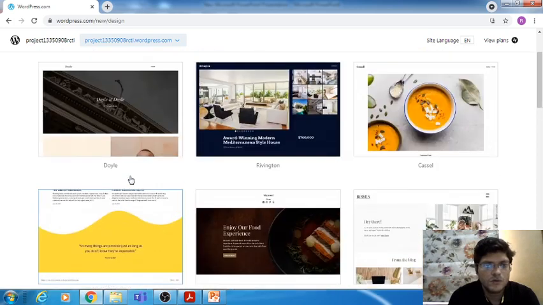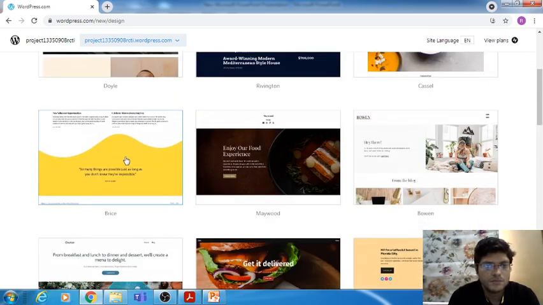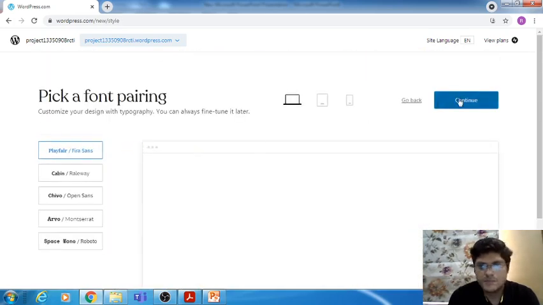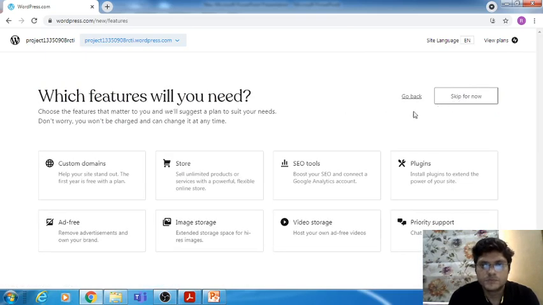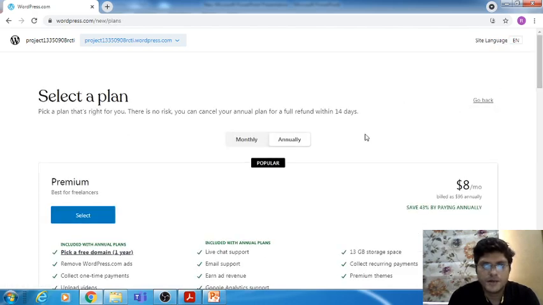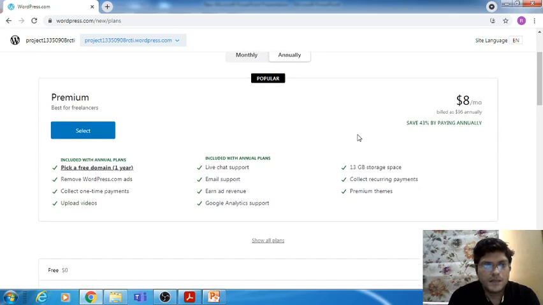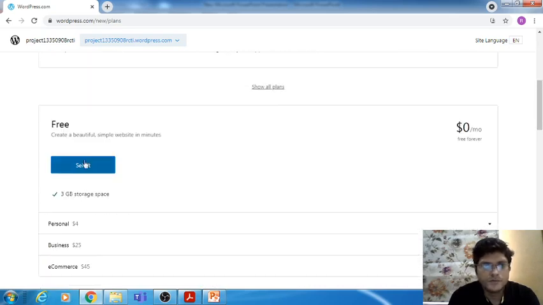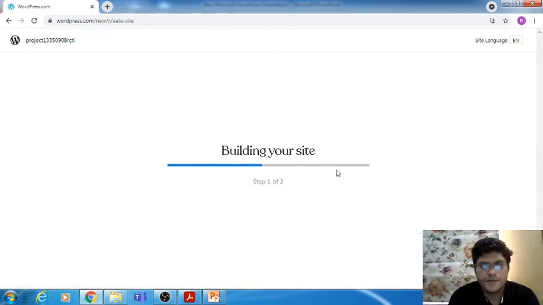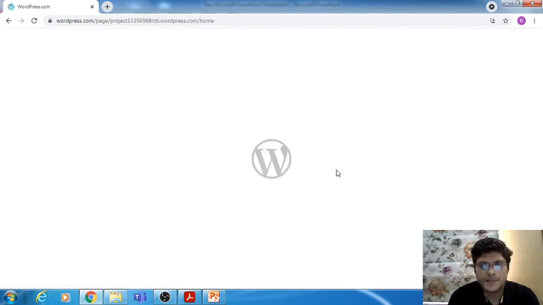Commonly I'm using this Bryce theme, and then just continue. We are not going into the detail of all these parts, so I'm skipping it for now. And now you need to select a free plan again. So in the free option you just need to select free. It is building my site and applying the design.